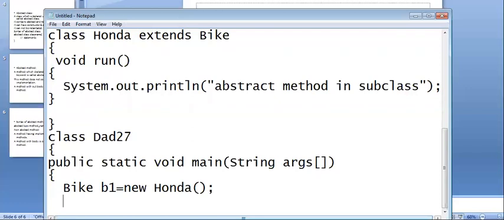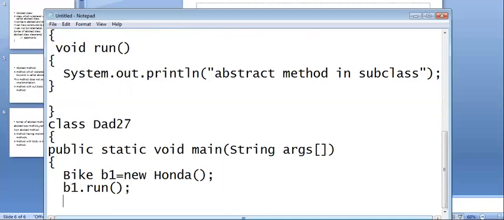Now I can invoke all the things using b1. b1.run, and next b1.change, which is the other method.